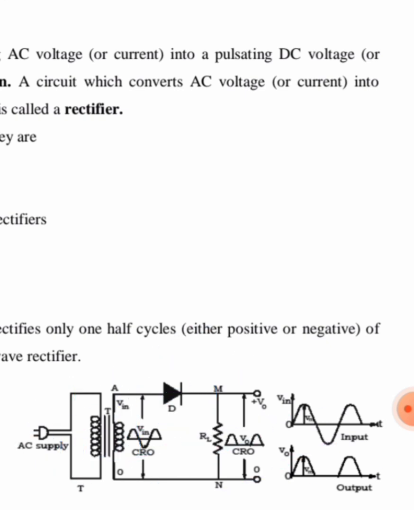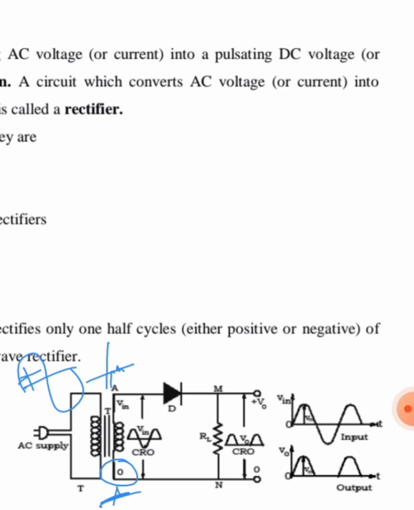Here the AC supply will be having both positive as well as negative half cycles like this. Let us talk about only the positive half cycle first. Whenever the positive half cycle is appearing across the secondary of the transformer, that is to these two ends, the terminal A will be positive and the terminal B, here they have mentioned it as O, will be negative. So in order to turn on the diode, we need to give the biasing,